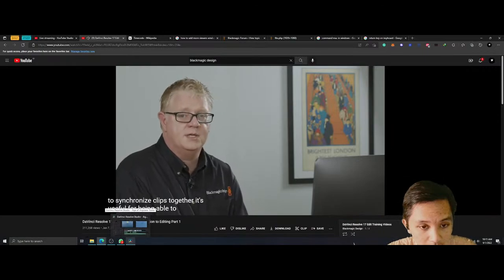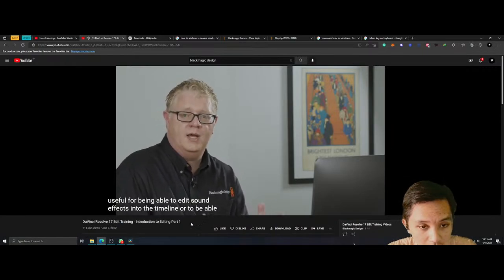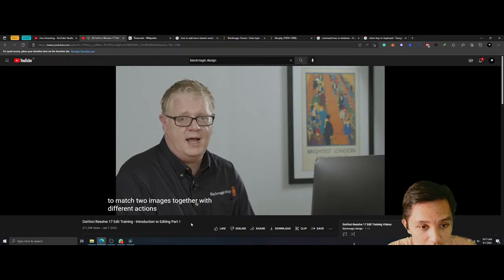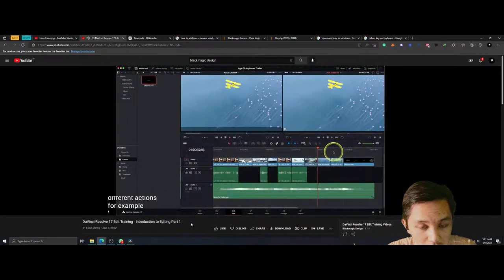It's useful for being able to edit sound effects into the timeline, or to be able to match two images together with different actions. For example, here, if we go to the